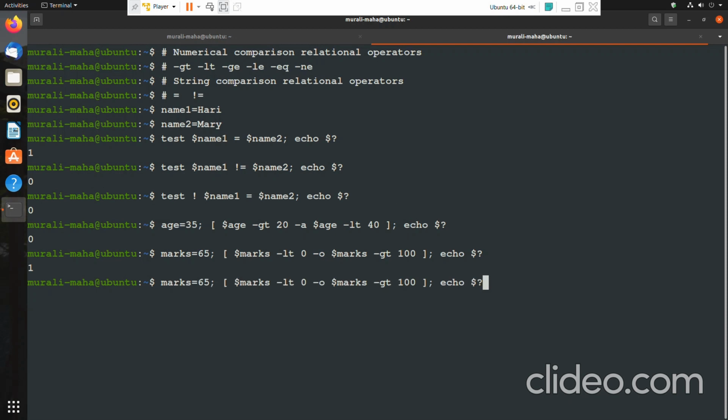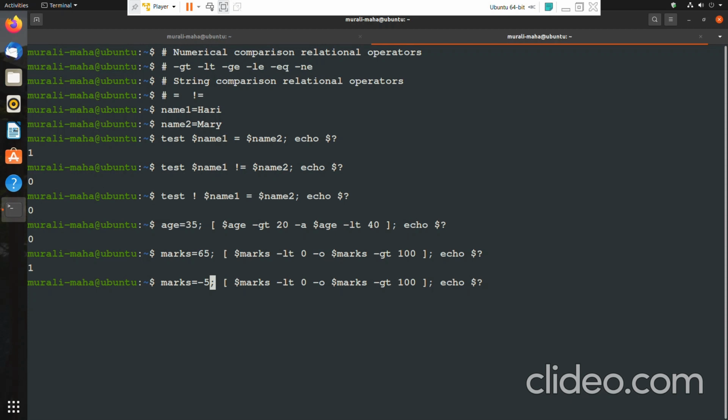Next, let us suppose I am giving marks equal to -5. Now what happens? $marks less than 0 is true because it is -5, or $marks greater than 100, that is false. True or false is evaluated to true.